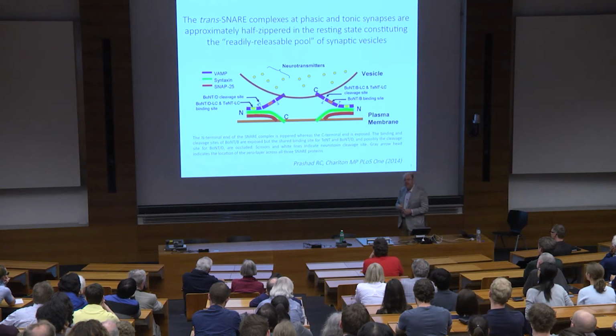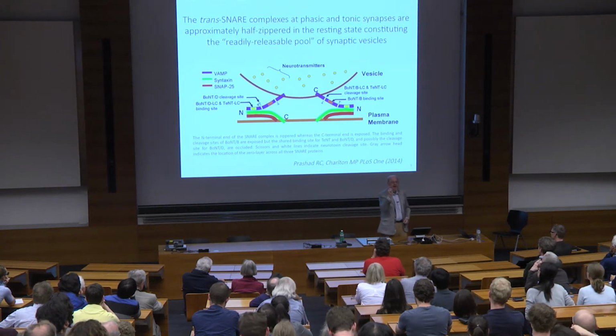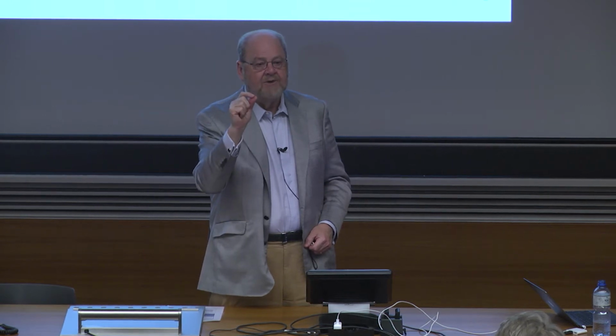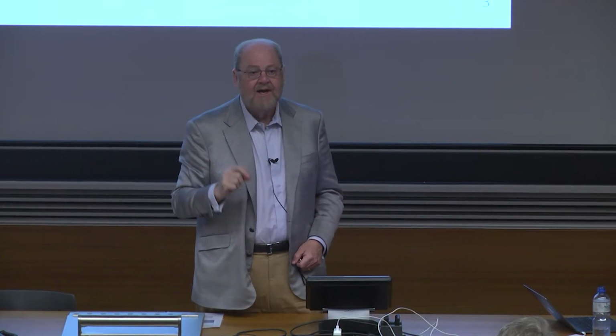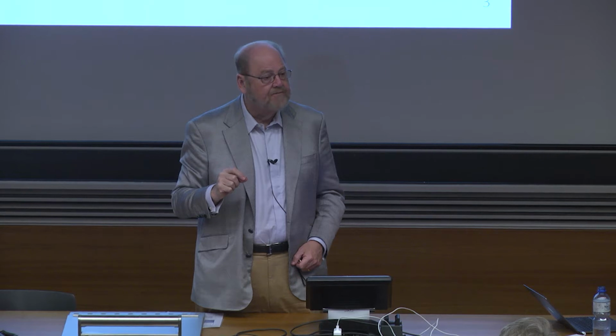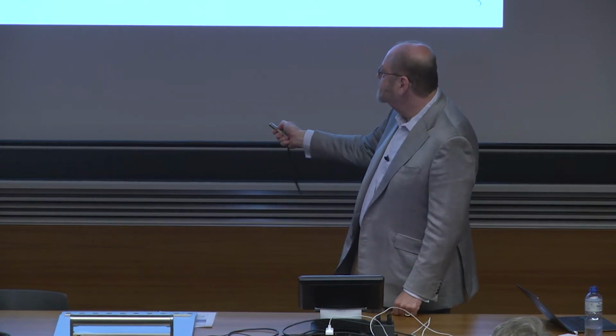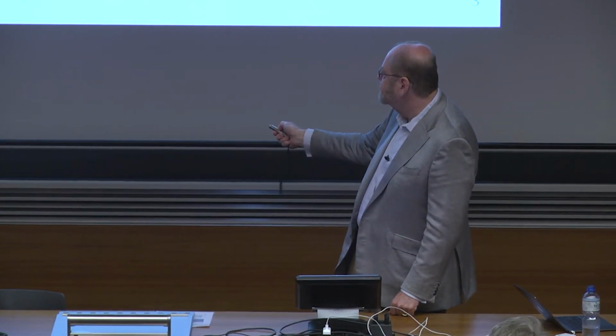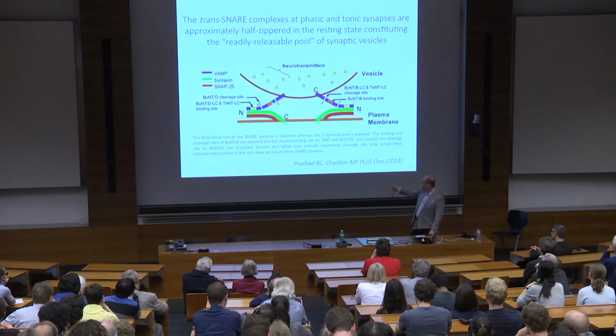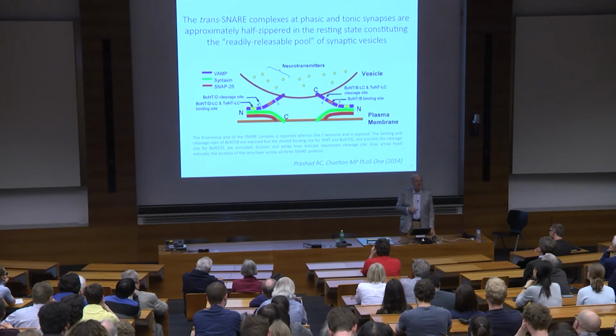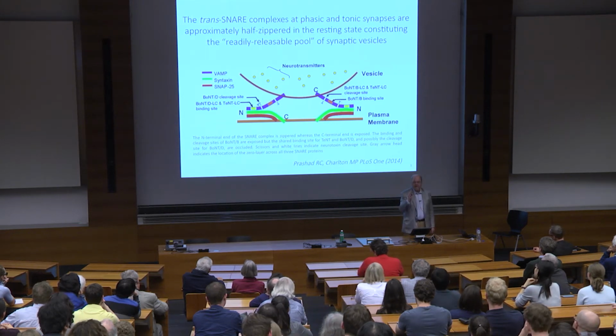These toxins which poison synaptic transmission are highly specialized membrane-penetrant toxins that deliver proteases that are absolutely specific for one or another SNARE complex. That actually is the means by which these pathogens work. They wipe out a SNARE and they prevent the vesicle from fusing. The readily releasable pool is completely resistant to toxins that address this part of the protein, but completely sensitive to those that address the last part to zipper. So that is the reason that we know that these SNARE complexes are half zippered.